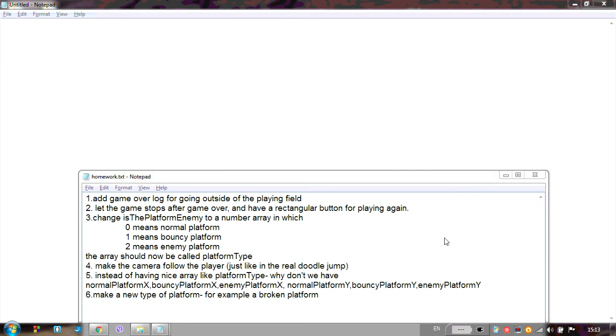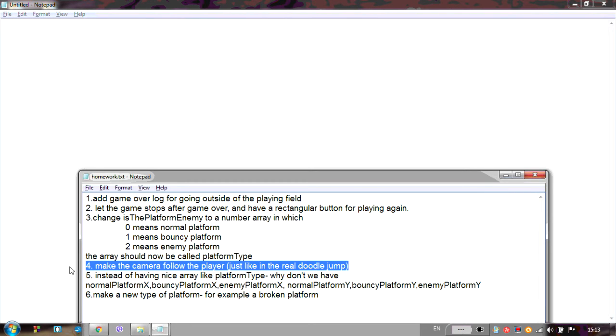Today the main task is going to be similar to our task 4 of the homework. Make the camera follow the player, just like in Rio Doodle Jump. In order to have real coordinates for the stuff, and those coordinates to be able to be really big, outside of the 800 limit for X and 600 limit for Y,